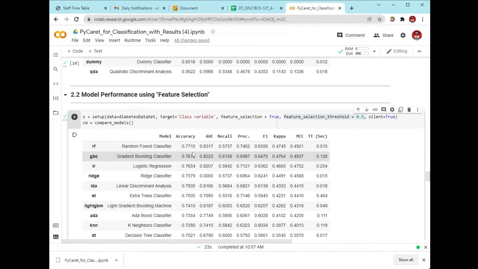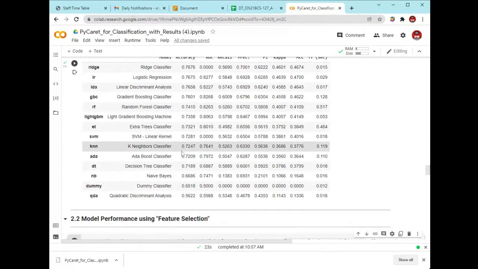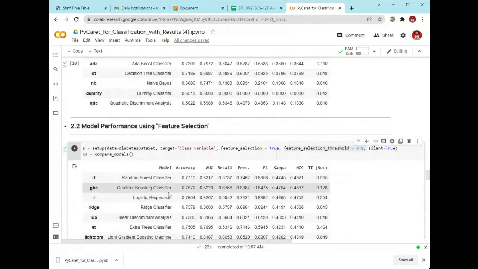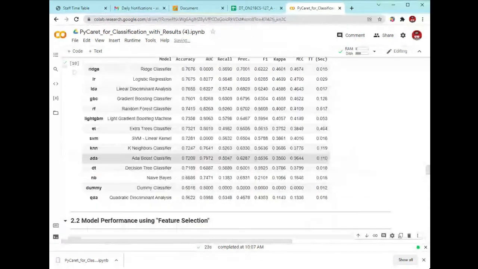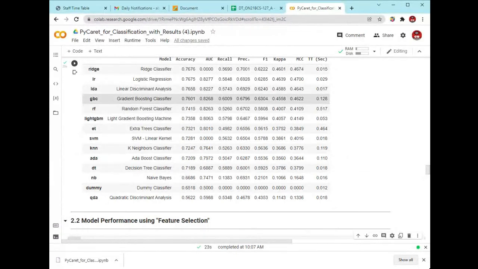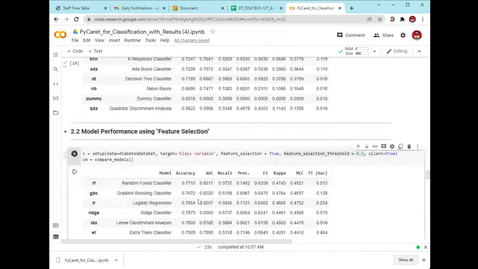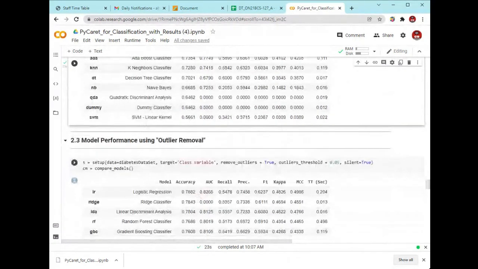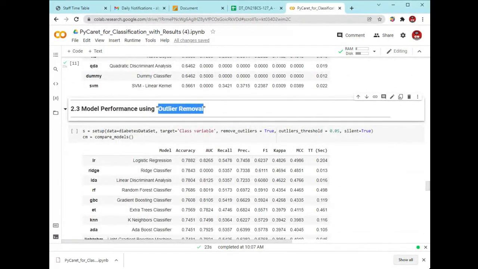Okay, random forest is 77%, whereas in the previous case random forest was 74%. And gradient boosting classifier is 76, and right here gradient boosting classifier is 76.72, somewhat more accurate.